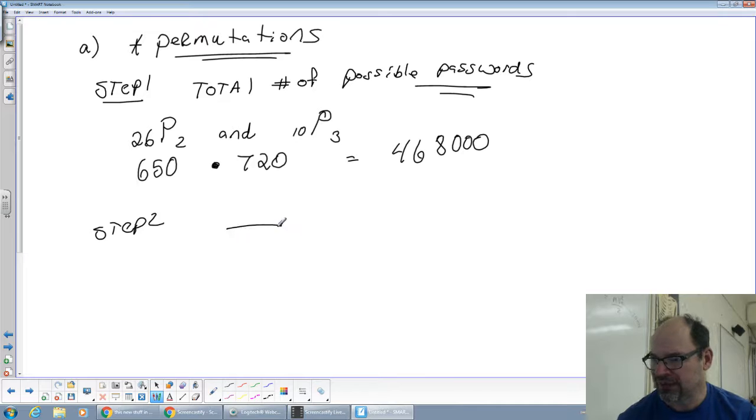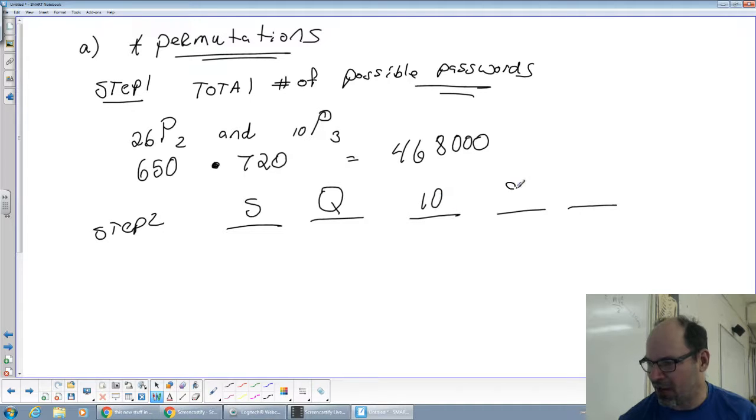So the favorable ones we can do permutations again, or we could just do blanks because that's a permutation. If we think of it as 5 letters, so it has to be an S or a Q, so we can have an S and a Q this way, plus any of the 10 numbers, any of the 9 numbers,